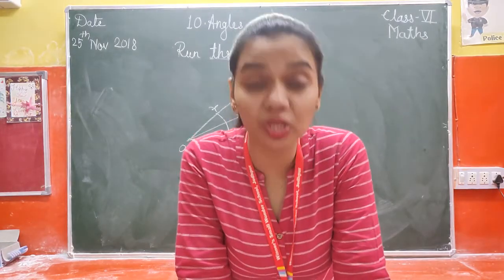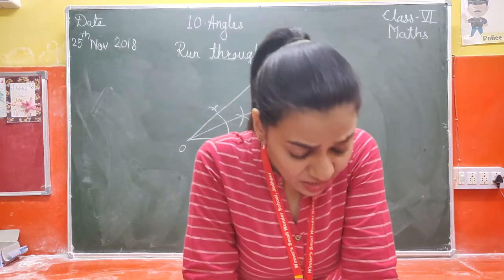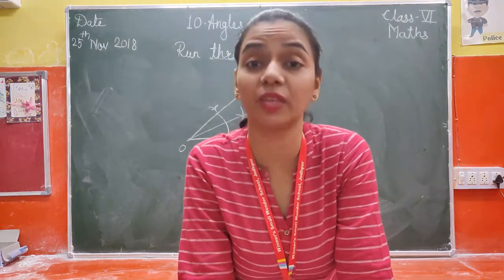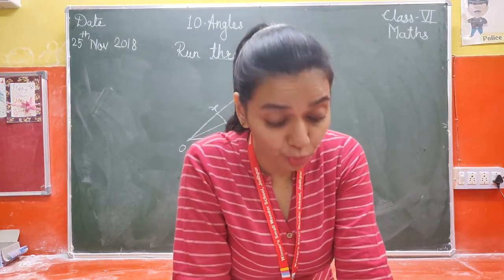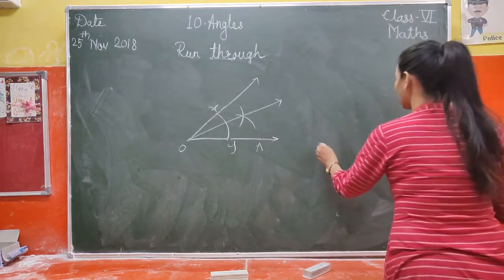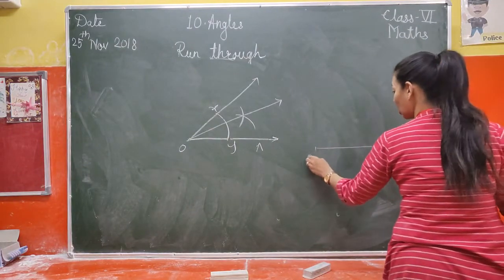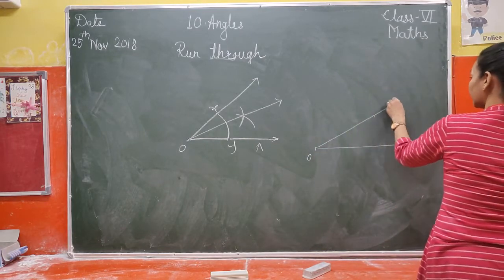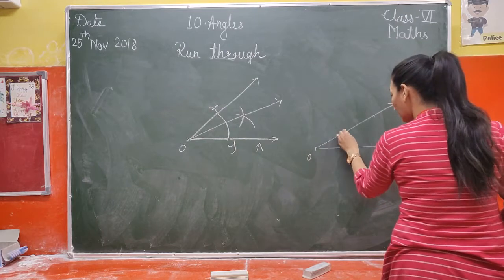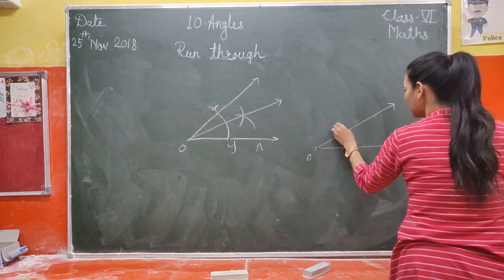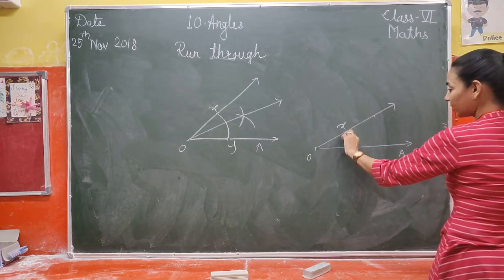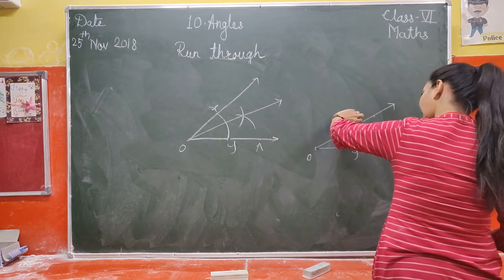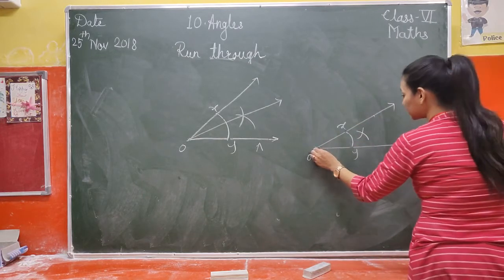Now we will go for question number 19. Construct an angle of 30 degrees and bisect it using compass. What is the measure of the angle? Now you have to do the same method. Draw a ray OA, then take a protractor, mark 30 degrees, and after that take a compass, mark an arc. It will cut at XY. Then take Y as a center and a distance more than XY. One mark, then take X as a center, again mark and cut it.